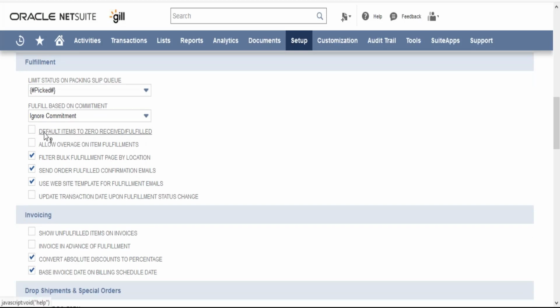So whether you want to default items to 0 received or fulfilled, so whenever you do the fulfillment, whether it should be defaulted to 0 or not. Allow overage on item fulfillments. Any idea what do you mean by that? What is an overage? Going above the